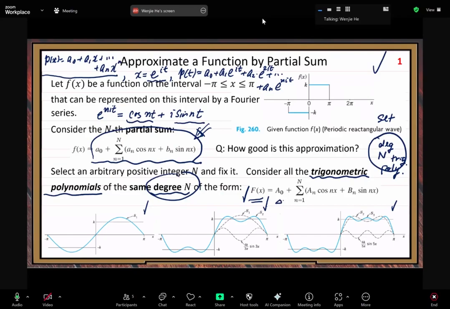Then for the constant term, we use capital A0 versus lowercase a0, because lowercase means Fourier coefficient. Capital A0 is an arbitrary coefficient, nothing to do with Fourier coefficients. So you know the difference. Similarly, capital A and capital B are arbitrary coefficients. Now we want to study this capital F function, how close it is,